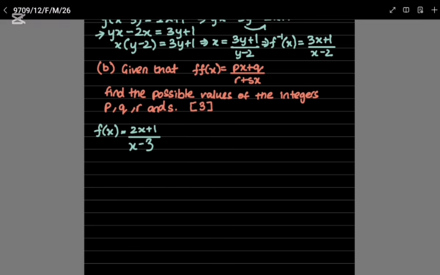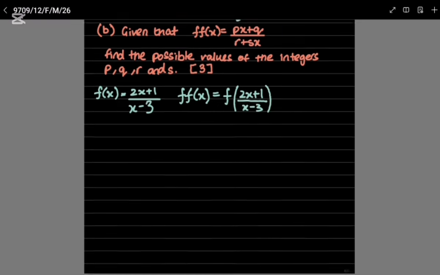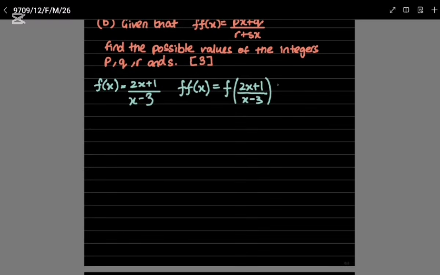Okay, so f of x is basically just saying that f of 2x plus 1 over x minus 3. So wherever you see x, you plug in 2x plus 1 over x minus 3,